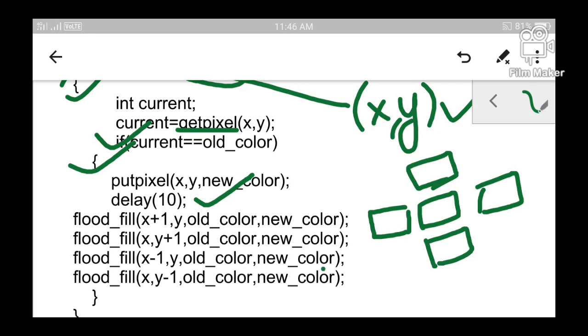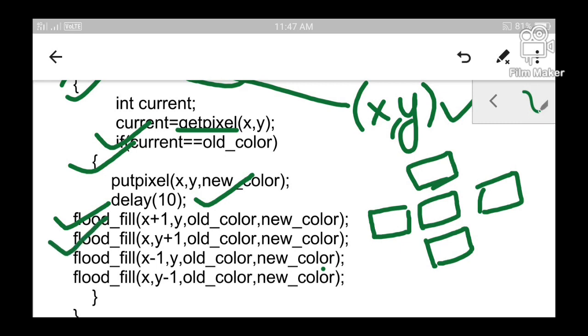For selecting the pixels in neighboring cells, you have to use a recursive function. So I am using a recursive function here. This recursive function will proceed towards the right direction. It will always select the right pixel. That means if a pixel is colored, the next pixel to be selected will be the one which lies to the right of that pixel. So the first recursive function will proceed towards the right direction.